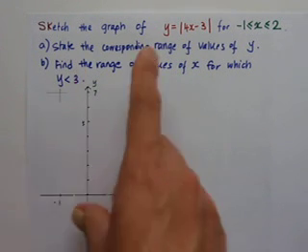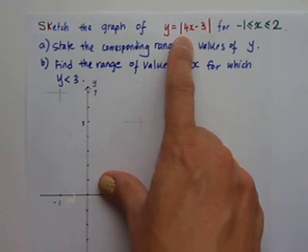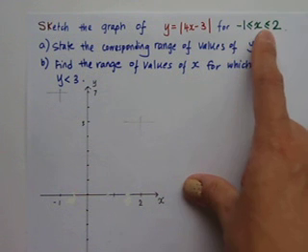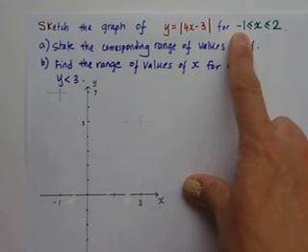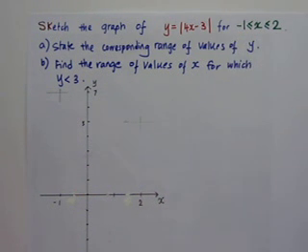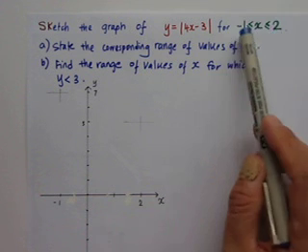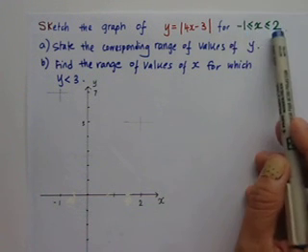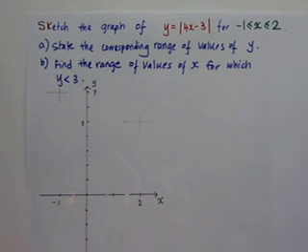How to sketch the graph of y equals the modulus of 4x minus 3 for a range of values of x from -1 to 2. In the previous few examples, we did not define the range of values of x. That means the boundary. Here there is a boundary, right, for the range of values of x from -1 to 2. So let's start off by drawing the line y equals